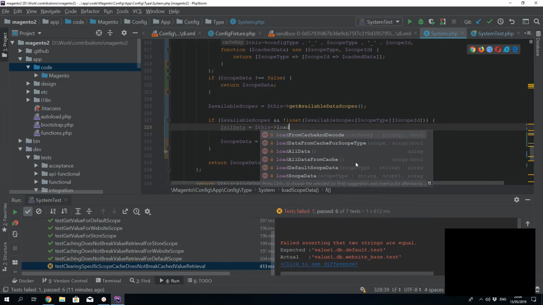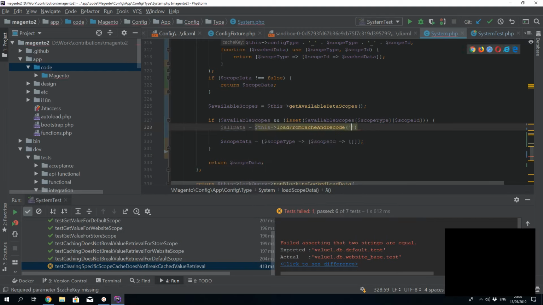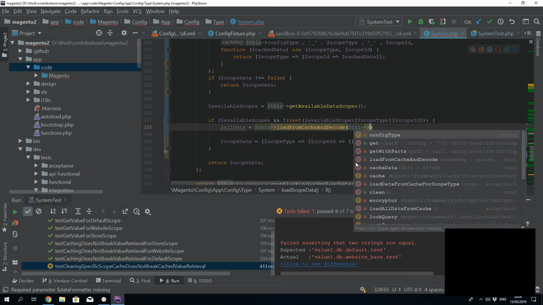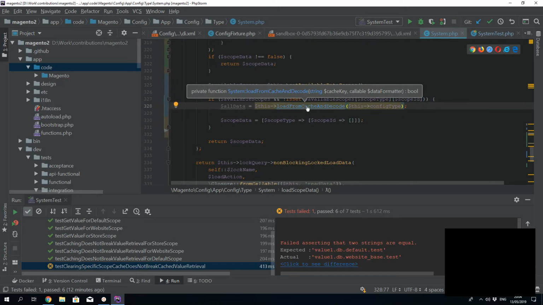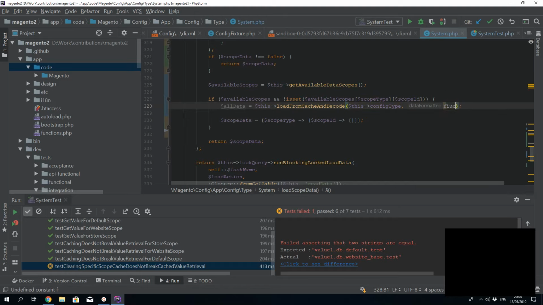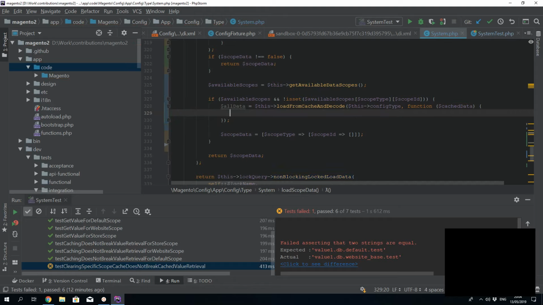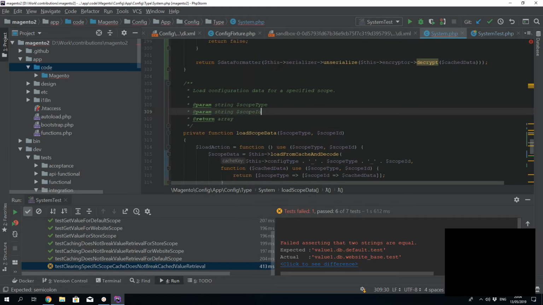This load from cache and decode, this config type, right? And here we can access this cache data again. And here we're gonna check if, let's say, cache data